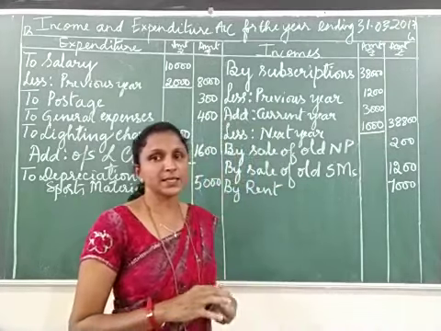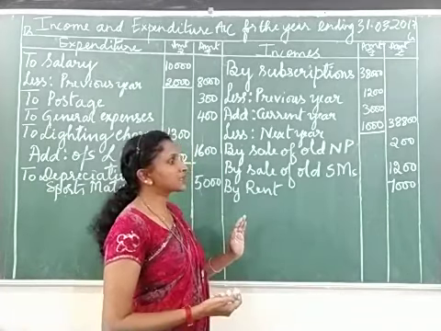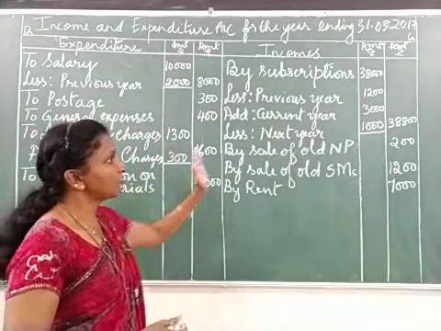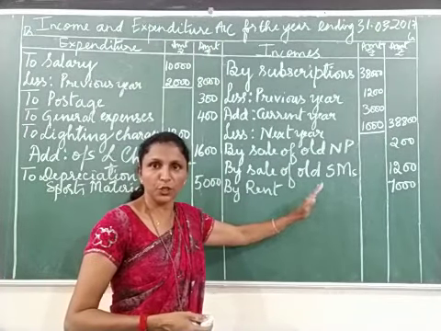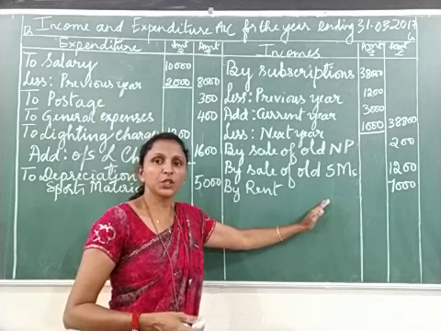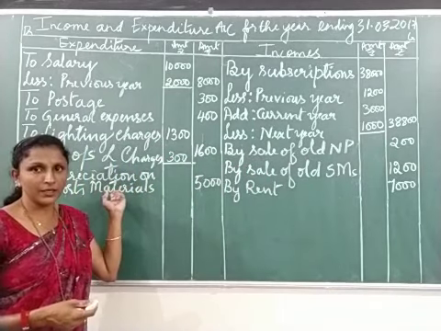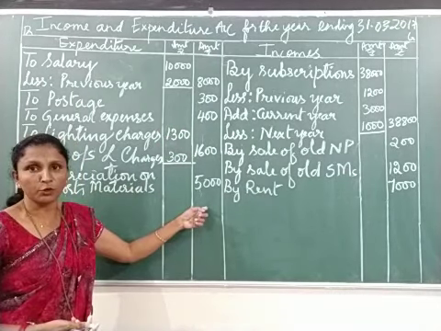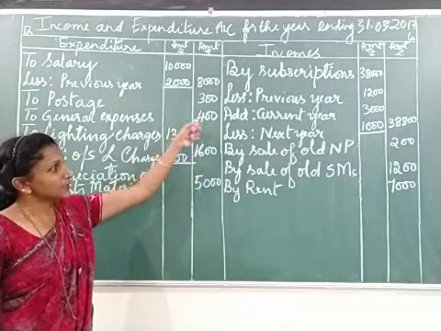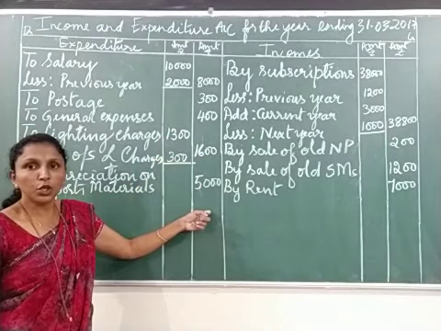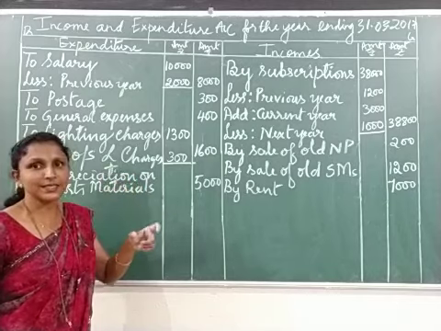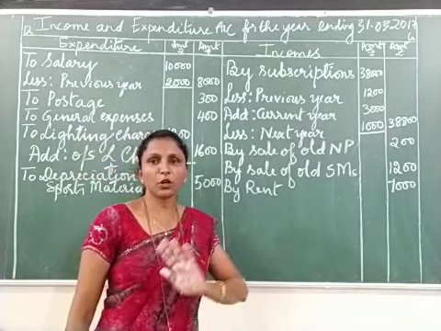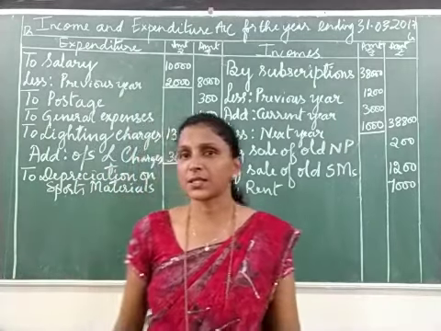Now we have to balance the account. We have to see which side total is more. Okay. When we look into this, I feel this side total is more. So we will surely get the balance on this side. So the side A, the amount, total amount or outer column, you have to see, not the inner column. The side A, the outer column total is less. That side we have to write the balance. We are getting the balance. And we are not calling that balance carried out like in receipts and payments account.